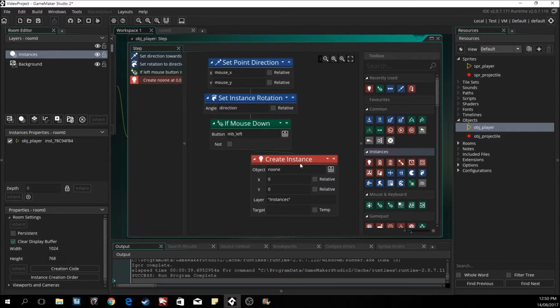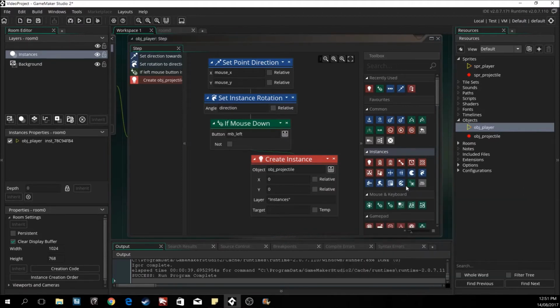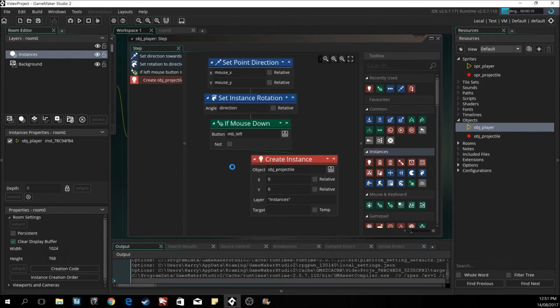Now, in this create instance block, we need to actually specify what it's creating. So we can use this square kind of button here, press on that, and then assign it the projectile. So now if we test the game, we'll find that we can move around, aim towards the mouse, and fire projectiles. So once this compiles, here we are. Now we can move around, aim,